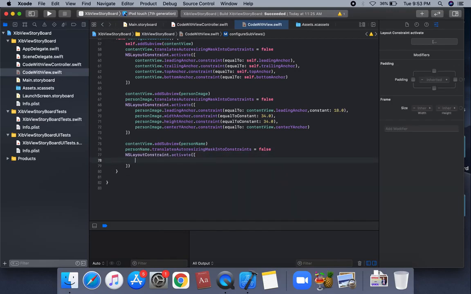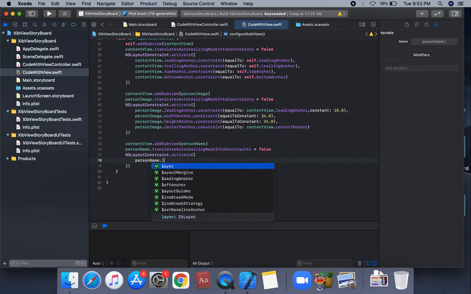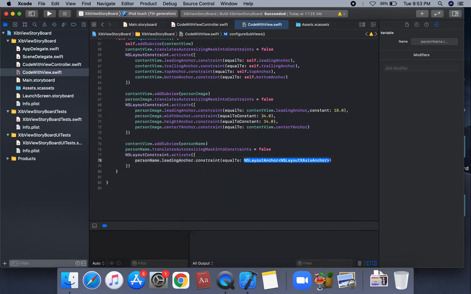And this is the person name constraints. We can use the person name's leading constraint: personName.leadingAnchor.constraint(equalTo: